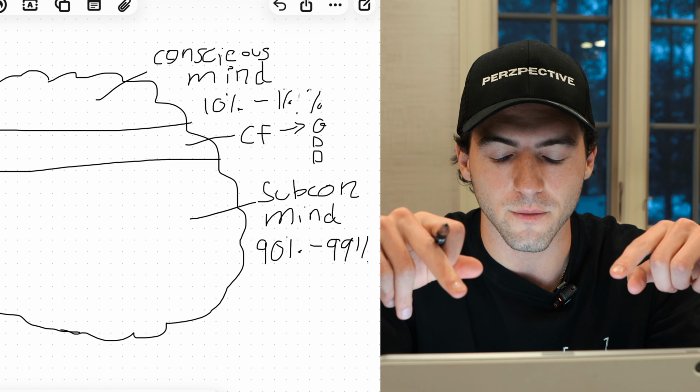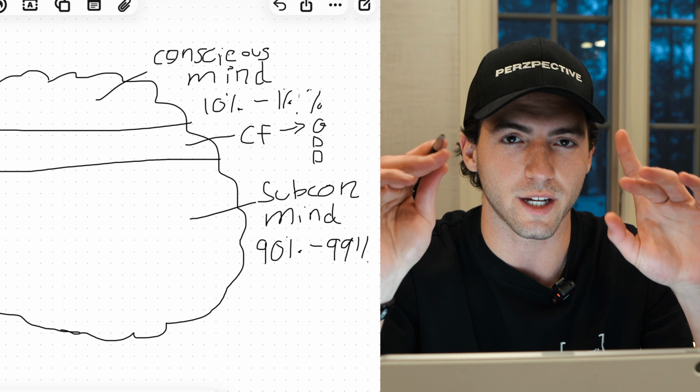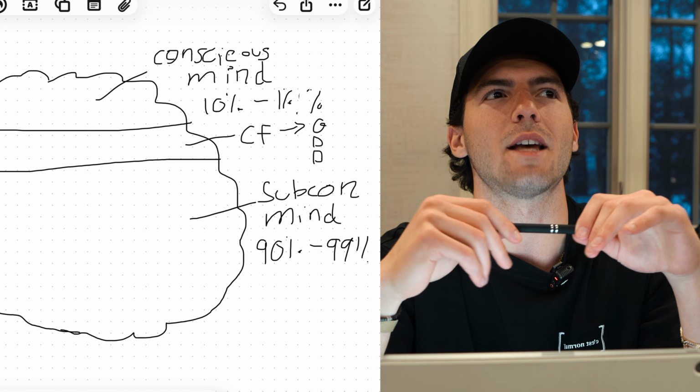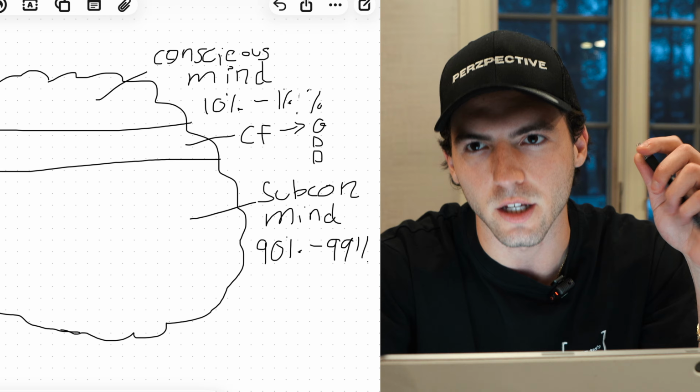Now, moving down from that onto the critical faculty, this is where it gets really interesting. Think about the critical faculty almost like a handshake, something that's familiar, like crossing a border or crossing into another country. In order to get into that country, you need your passport. And once you give in your passport, then they go, welcome, you're in.